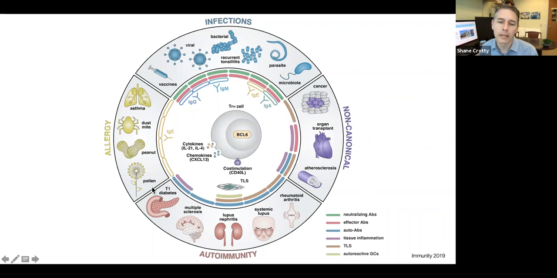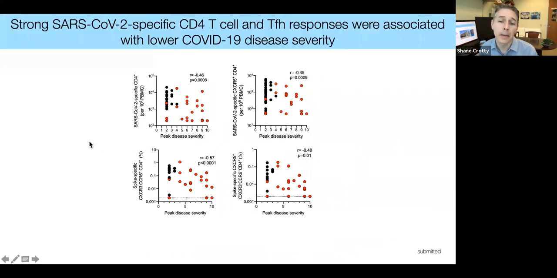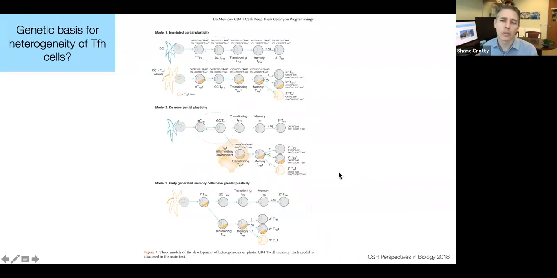More importantly, in the case of biomedical diseases, this type of circuitry may help explain some of the diversity of unusual TFH that are seen in diseases, and may help us explain, for example, in the context of COVID-19, what does this heterogeneity mean? And I'll end with this final slide, talking about models for how heterogeneity of TFH cells may occur